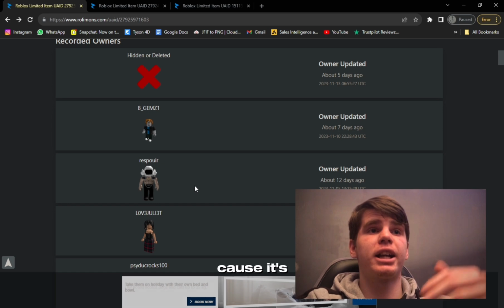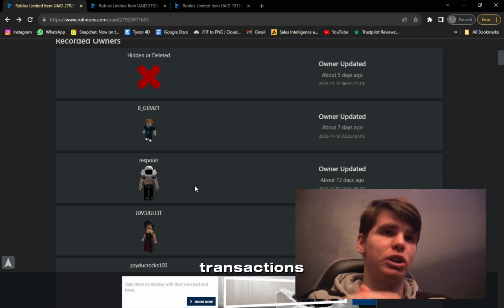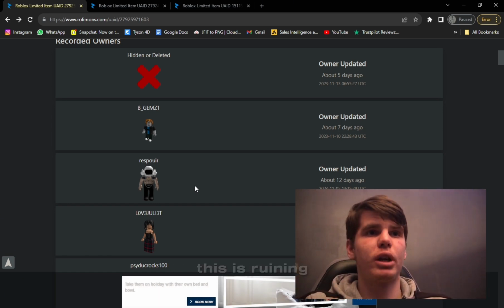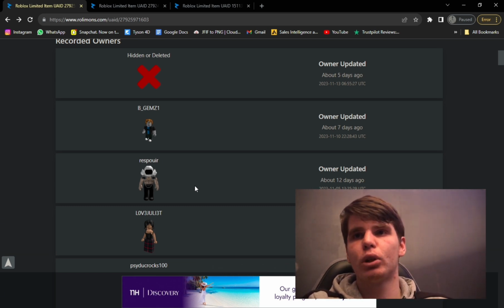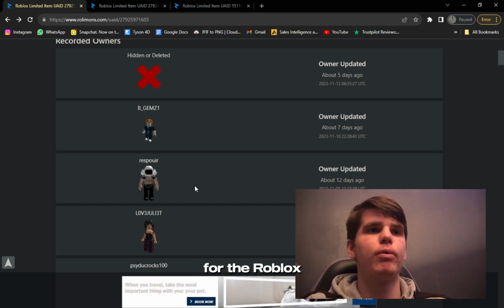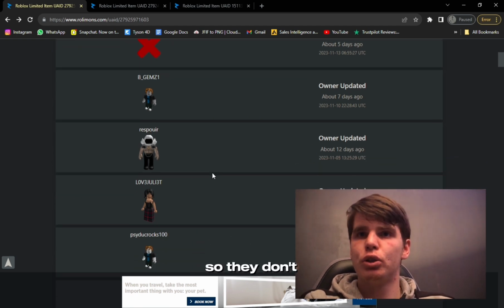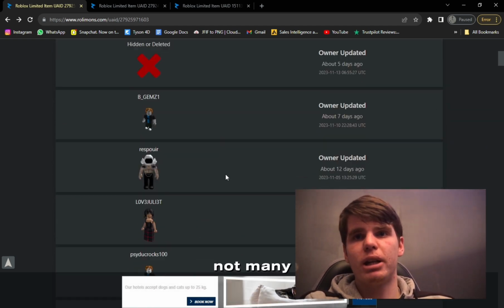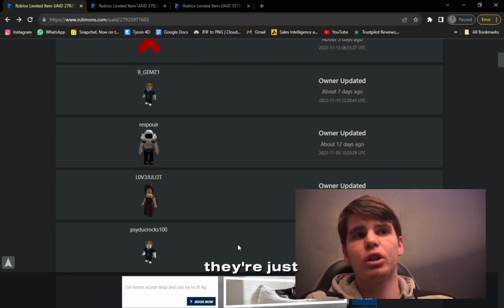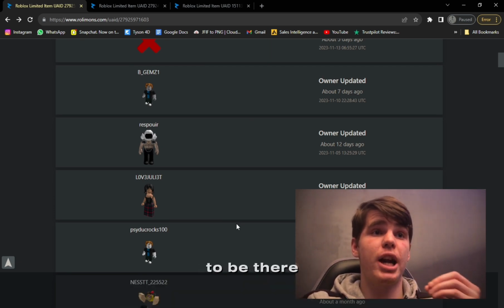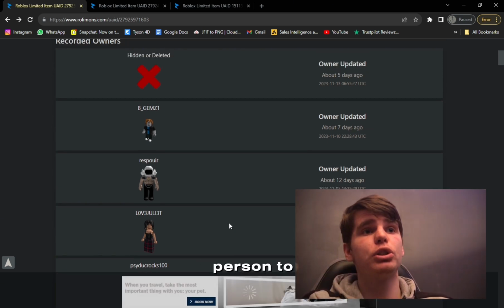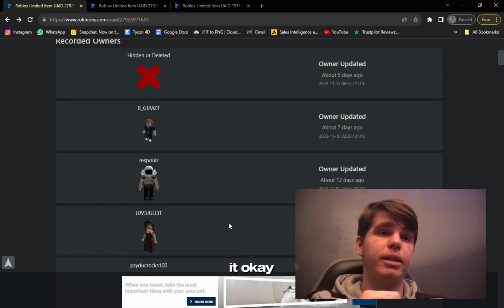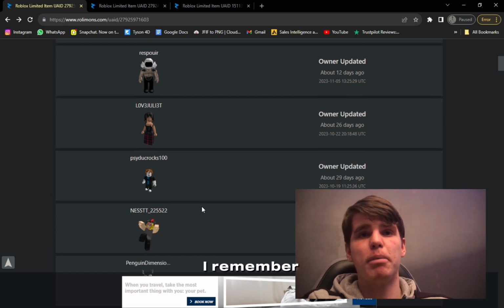Roblox wouldn't have cared because it's not been through enough suspicious transactions for them to go, this is ruining our business, we're going to delete this item to avoid any other loss of funds, well, income for the Roblox company. So they don't bother if there's not many, but if there's 4 or more, they're just going to delete the item. So you've got to be there on time. You cannot be too late. If you realize you're going to be the 4th person to buy this USD item, do not get it. Okay, remember,